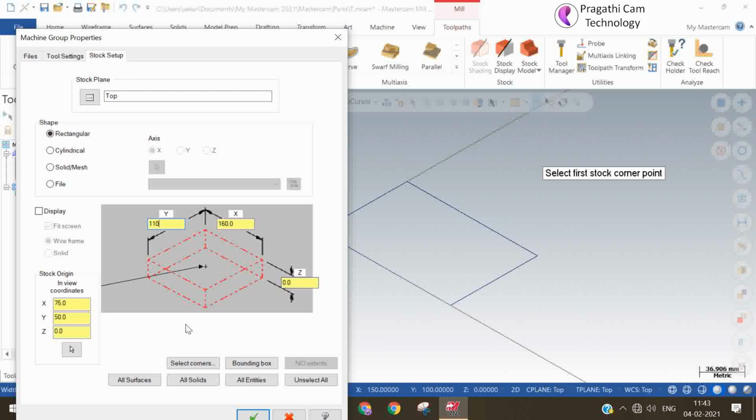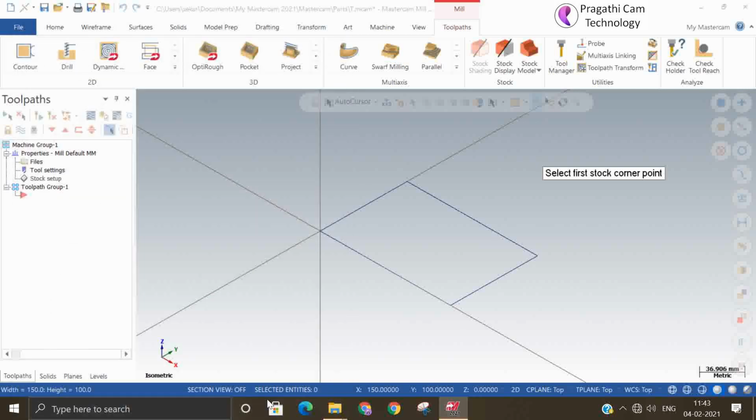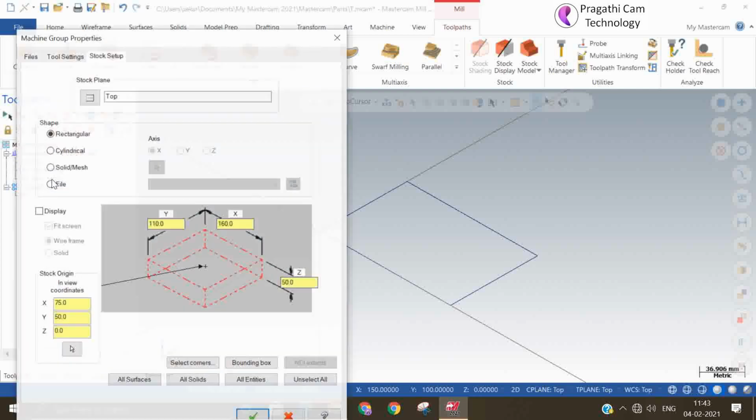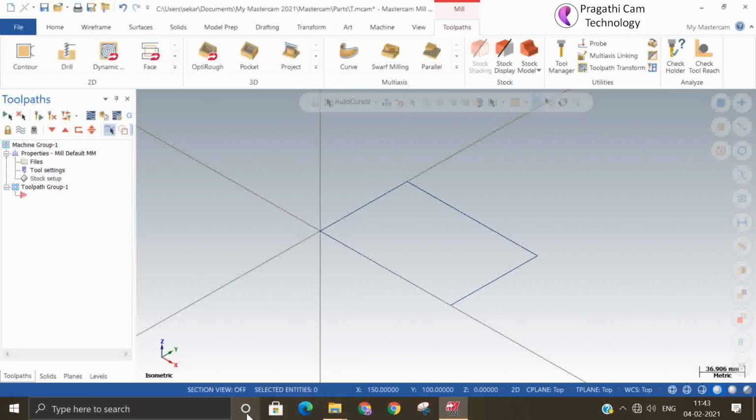Modify the stock size, and Z I will change to 50. I had not switched on the visibility, so I will switch on the display here. Now we can see this is the stock model.